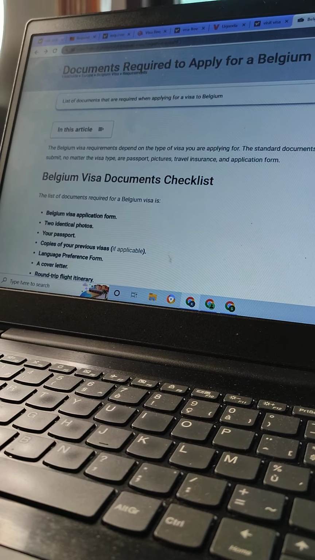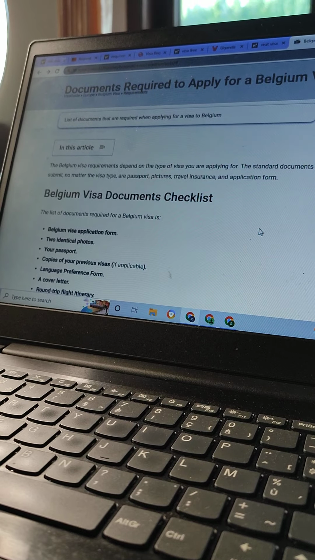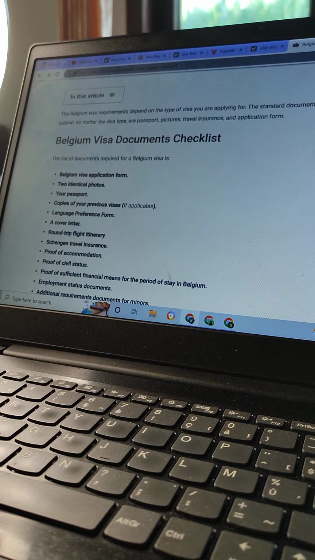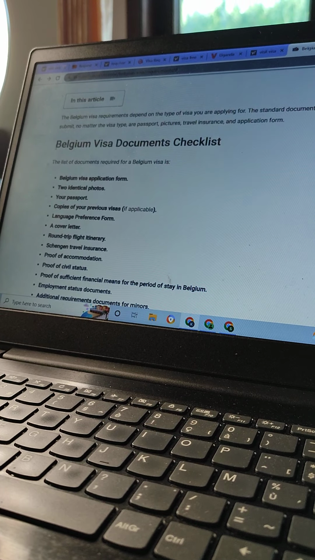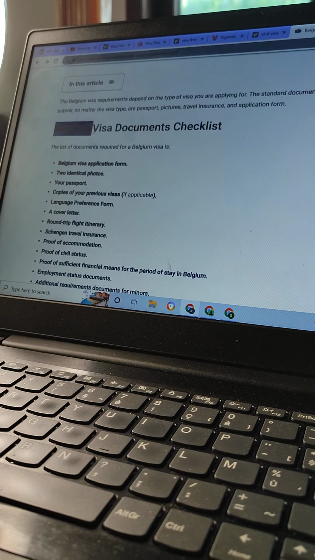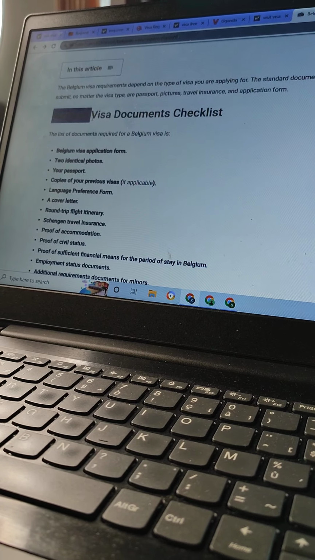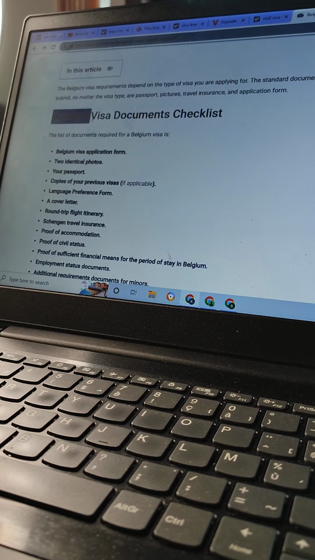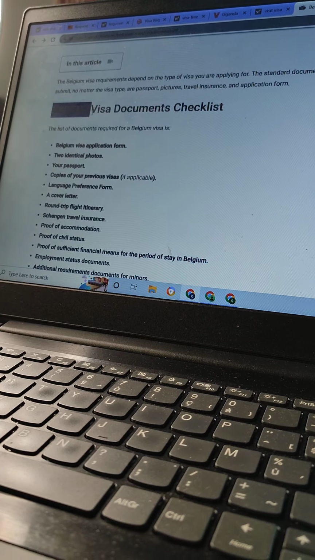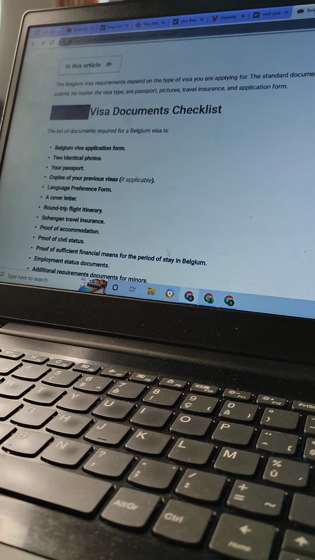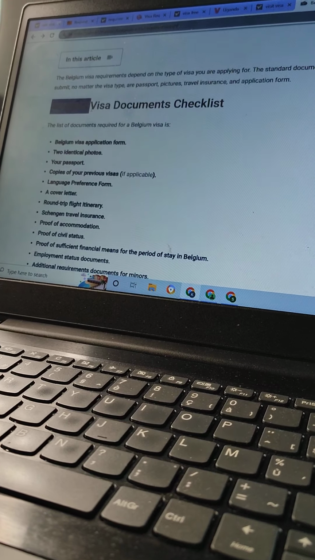I have already told you that the requirements are the same. So here, first, they're outlined. For example, if you want to visit Belgium, I told you guys you can remove Belgium and put UK. You can remove UK and put Germany. You can remove Germany, you put Australia. You can remove Australia, you put USA. These are all the same things.